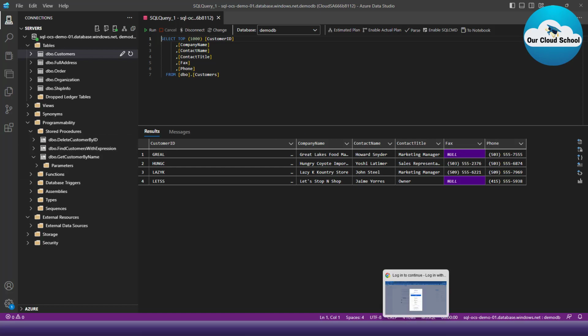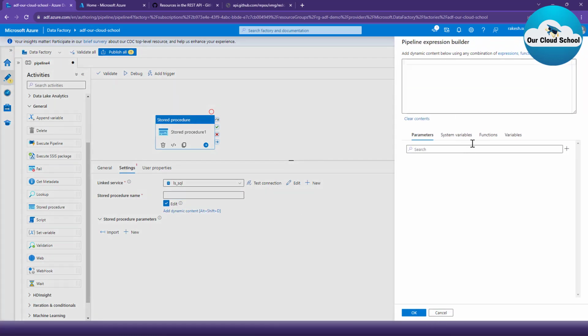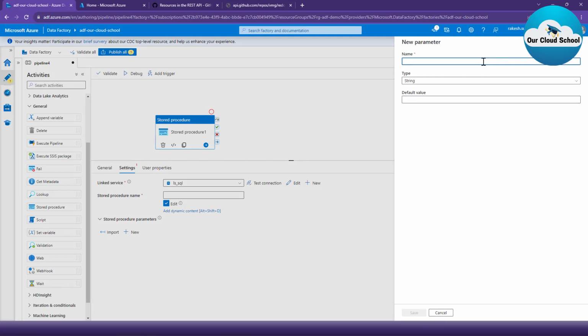Now moving back to our Data Factory pane, here we can specify the list of the same stored procedures as I'm connecting to the linked service. You can also parameterize the name of the stored procedure by clicking on this add or edit button, and from here you can use the dynamic expression. And from the dynamic expression, if you have parameters like this, let's say I'll create a parameter sp_name,